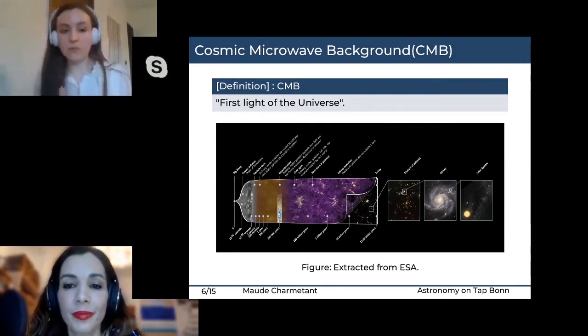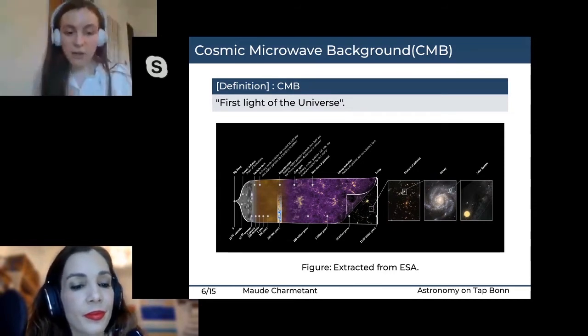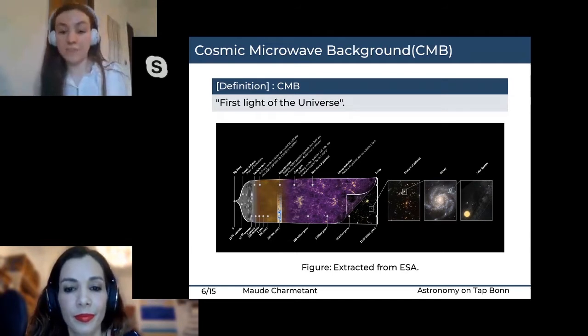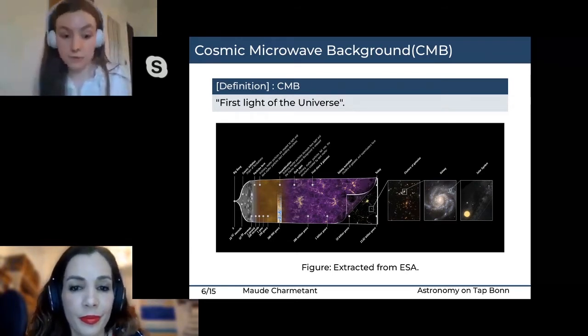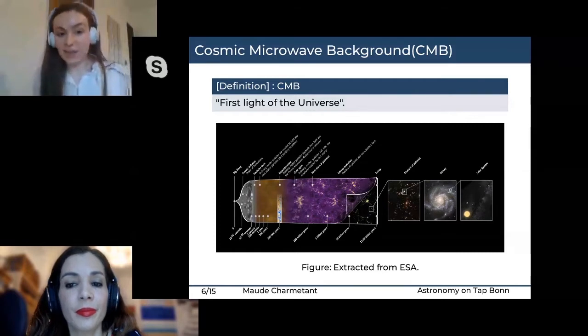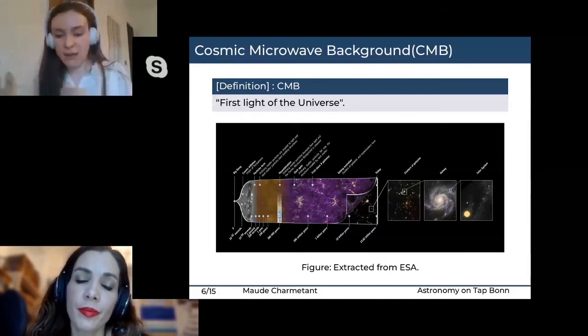So as you may know, there was a big bang at the very beginning, and then an inflation phase where we say that the universe became very big in a very small amount of time. 10 to the power minus 32 seconds. So it's really, really fast. And only 1 second after the Big Bang, actually, we were left with a dense soup, a dense plasma with